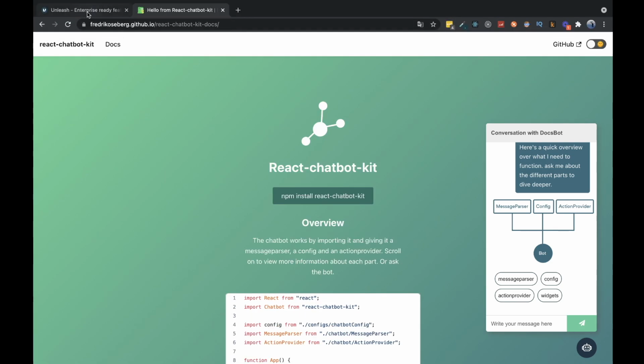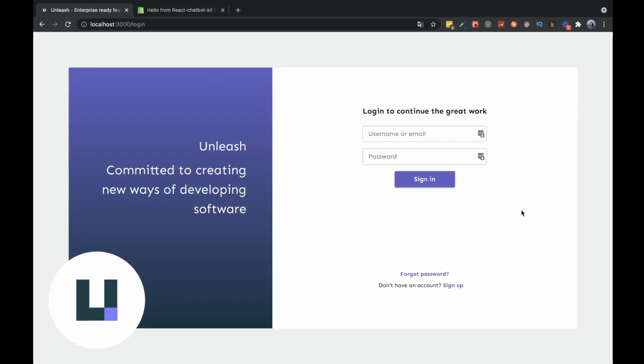Now, some of you may know I work for an open source company called Unleash. And basically, it's a feature toggling solution. We're the largest open source provider in the world, and we provide this service for free, and we have some commercial offerings on top of that. But all of the code that you're going to see today is open source and on GitHub, and you can dig through it and see what's what. So that's what we'll be using, and I thought it'd be fun to see if we can create a chatbot that can simplify some of the workflows inside of this tool. So without further ado, let's go ahead and